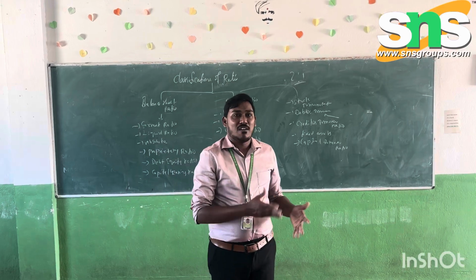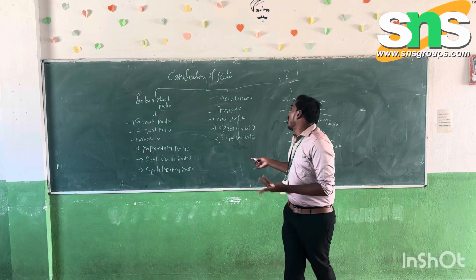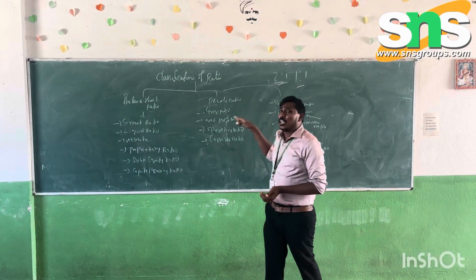So ratios are nothing but numerical numbers. They show the difference between one number and another. For example, 2:1, 1:1 like this, according to this basis of